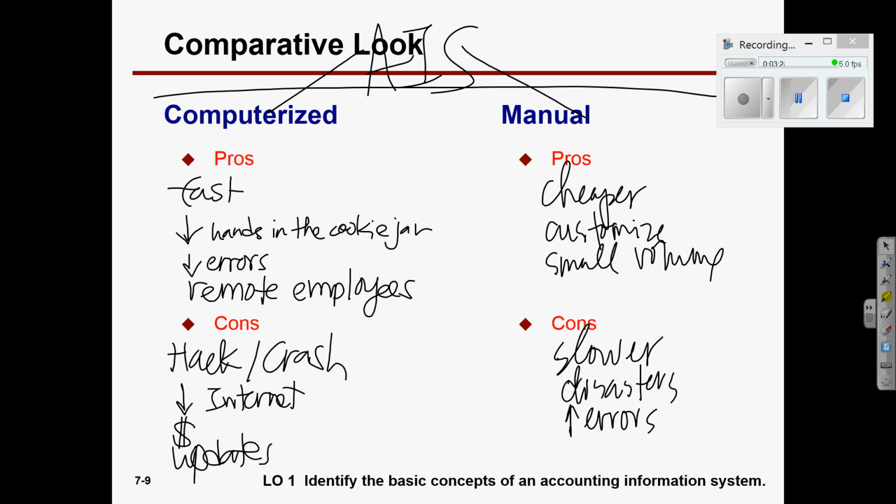All you got to know is what AIS stands for, that it's not just exclusively computerized, it can be manual as well. Those 3 components that go into it. Flexible, useful output, and cost effective. And then basically what some examples would be for each. That's what you need to know for the test. You will only be asked like vocabulary type stuff. What questions do you have on those before we go on to the next section? Because this is what we all did together in class a week and a half ago. You're okay? All right, so let's go on to